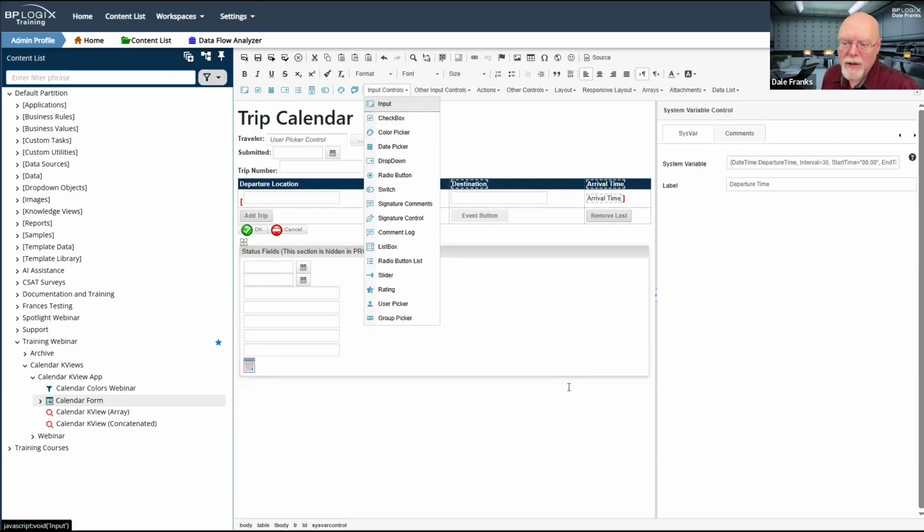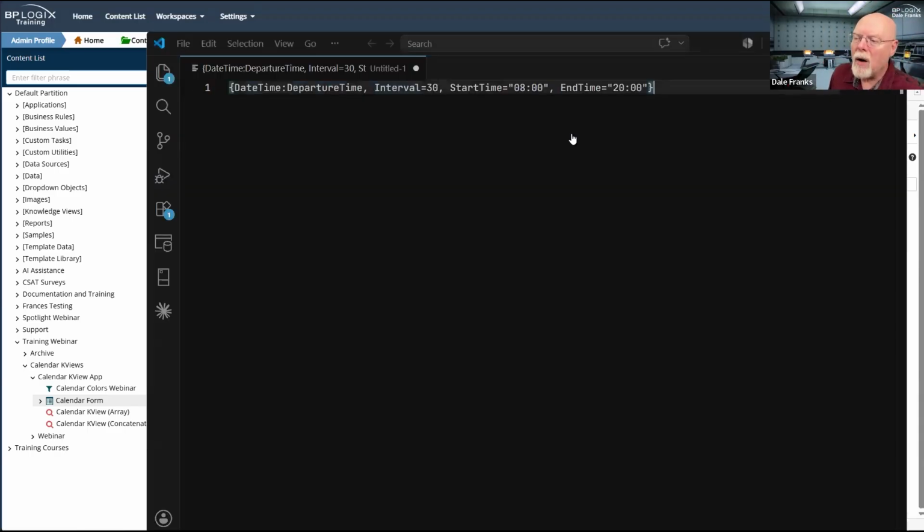Since I want to use custom increments of half an hour, and I want to have just a business hours only view, so it's only going to show me from 8 to 5 p.m. Or I'm sorry, from 8 to 8 p.m. I am going to need to customize this. And the only way to customize this is via the use of the date time control tag.